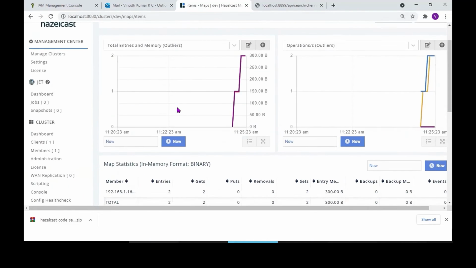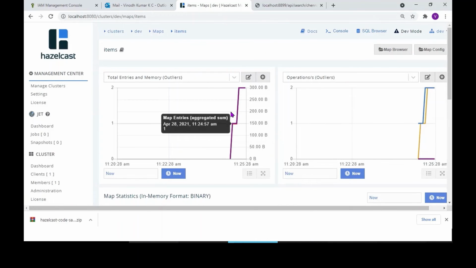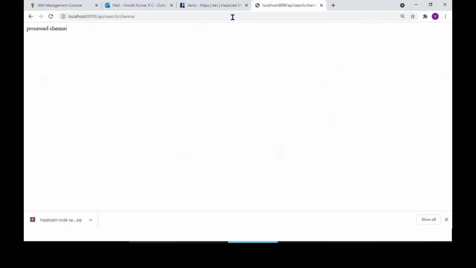So that is a cache being maintained in the form of a map. Have we written any code here? No, automatically it is happening. That is the beauty of Spring Boot. It is tightly integrated with Hazelcast. So automatically the cache layer is working. So right now,